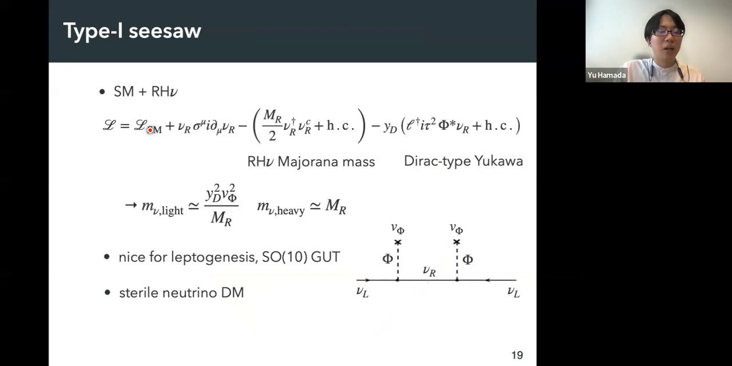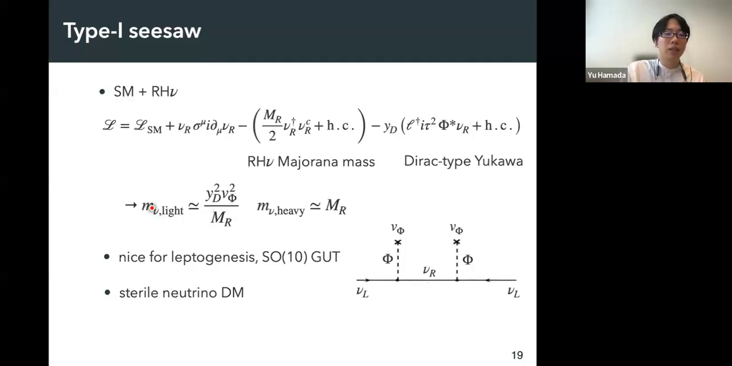We have the standard model fields and the right-handed neutrino here, and the Lagrangian is given by this one. Here, this is a kinetic term for the right-handed neutrino, and we have a right-handed neutrino Majorana mass, and we have a Dirac-type Yukawa coupling between the left-handed neutrino and the right-handed neutrino, and this phi is the standard model Higgs doublet. And due to the existence of this Majorana mass term,